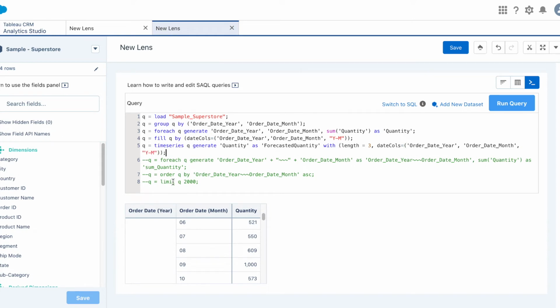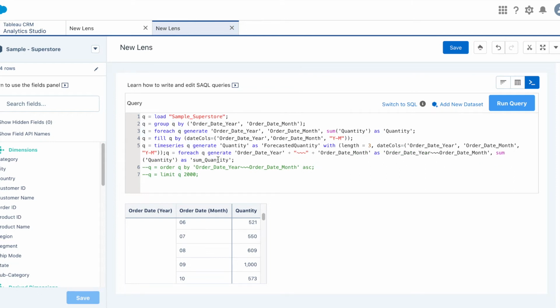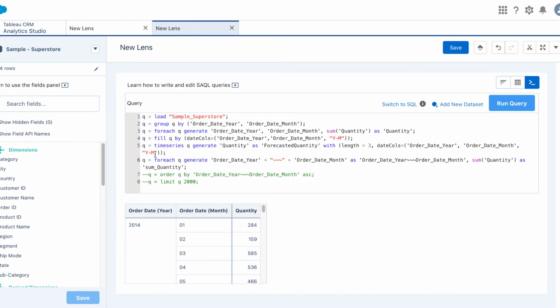Okay, I'm going to remove comments here because here you can see the information is, you have the entire year and then you have month listed out in rows. What we actually want is to see 2014-01, 2014-02, 2014-03 in its individual columns, which is what this particular line 6 code does.